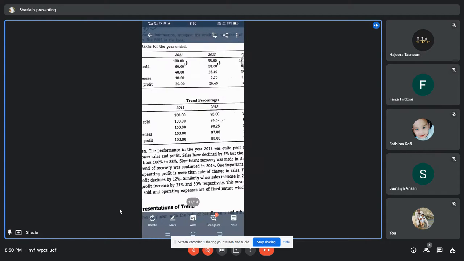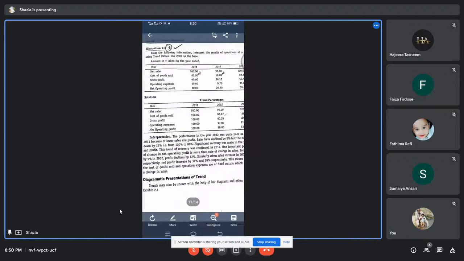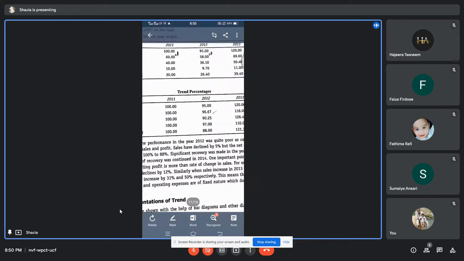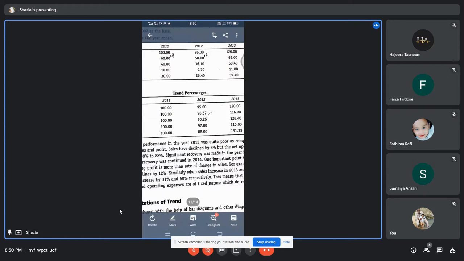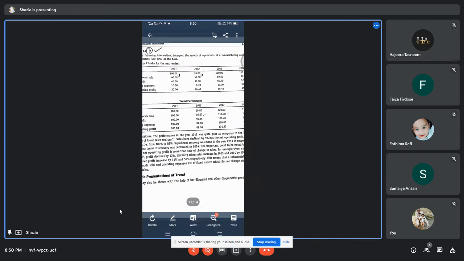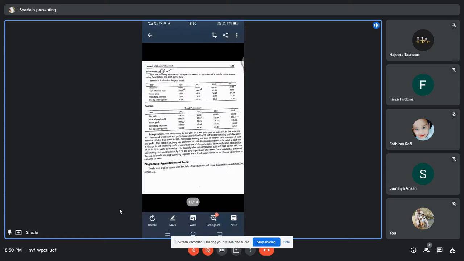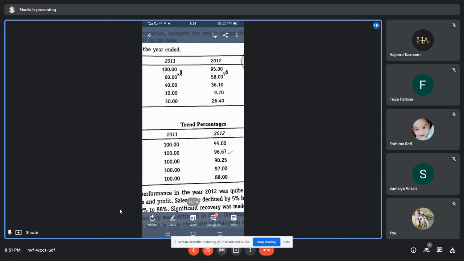But when you're taking the answer, your second year's, that is the 2011 base year, this has to be shown as 100%, but the value will change for the second year. Okay, the value will change for 2012. How the value will change is simple, nothing doing here, just the calculations. Now what do you have in 2012? See, you have 58%. Now this 58% will become the current year.